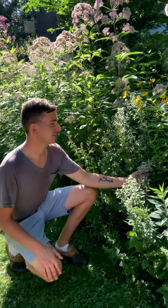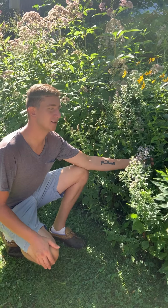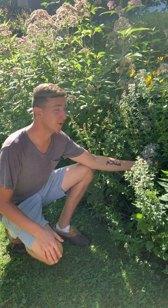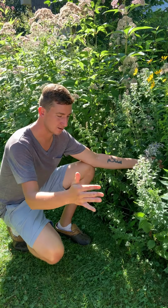It's down here. It reminds me of my childhood quite a bit. We had a big colony of this in our woods, and I spent a lot of time in that area running through. I really loved it. I'm hoping that over time we can create a little colony here along the edge of our patio and our garden